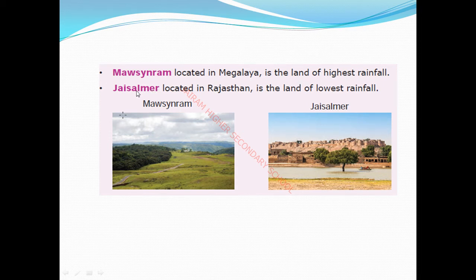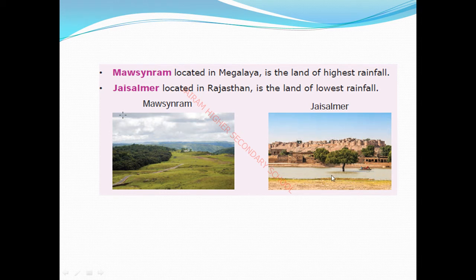Okay, another one is Jaisalmer, which is located in Rajasthan state. What is the speciality of this Jaisalmer? Jaisalmer's speciality is that it is the land of lowest rainfall. See the picture? This picture shows you the Mawsynram view, and this picture shows you the Jaisalmer view. Okay, I hope you are clear about the two different places. One place receives a high level of rainfall, and the other receives the least level